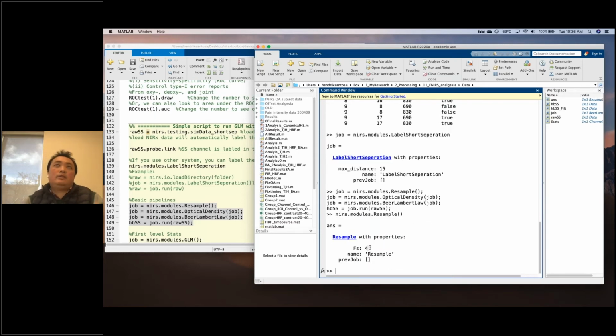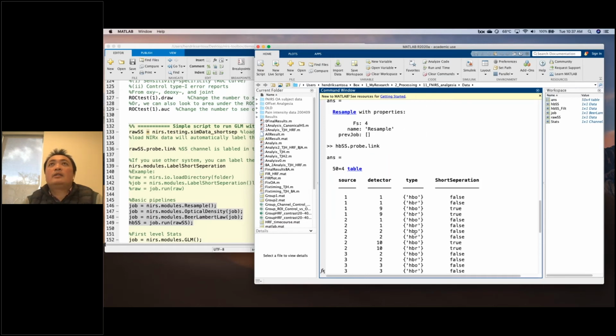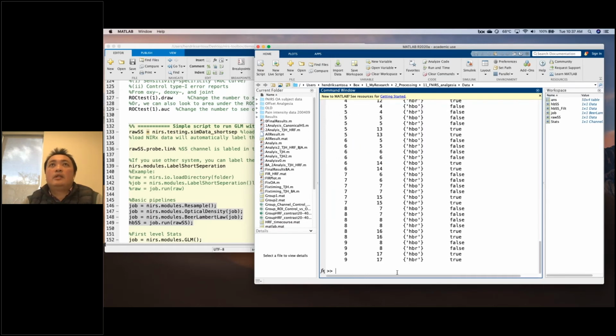Then get the optical density, then use the Beer-Lambert law, and then get the hemoglobin data. So you can see this is the hemoglobin data with short separations. You can see this still has this one, and you can also see the probe configuration.